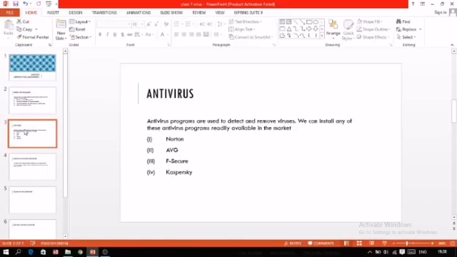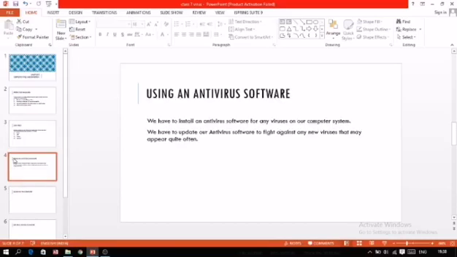Yes, you have to purchase it, and you have to update it timely also. We have to install antivirus software on our computer system for any virus. We have to update the antivirus software to fight against new viruses that appear quite often.